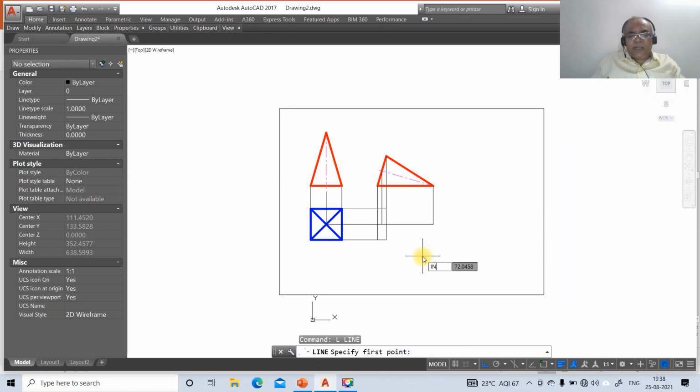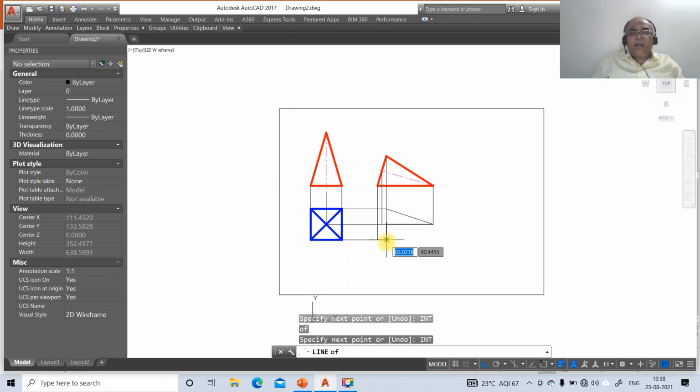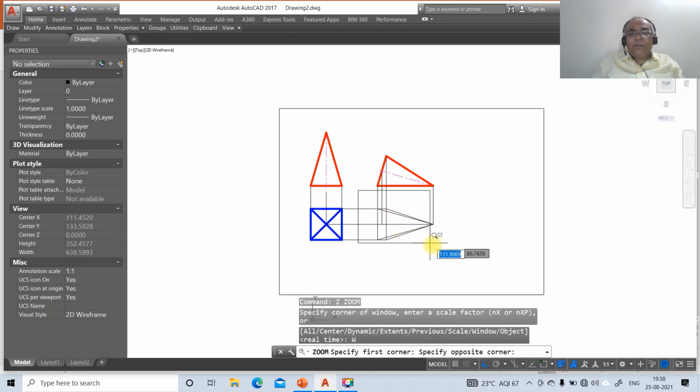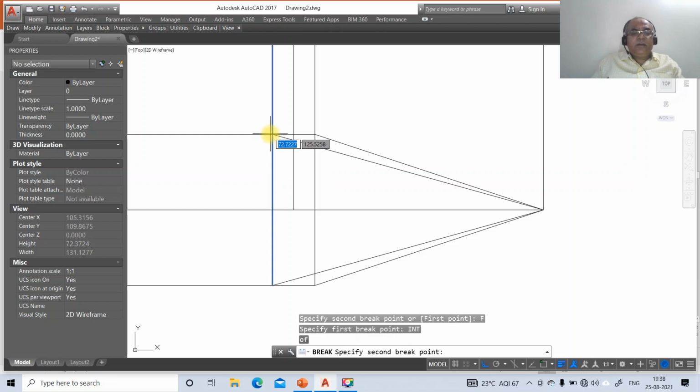Then go to line, take INT of this and take intersection part of this and take INT of this. And here go to line, take INT of this and take intersection part of this, and then go to INT of this. Then go to zoom window, then go to break, select first point, take INT of this and take